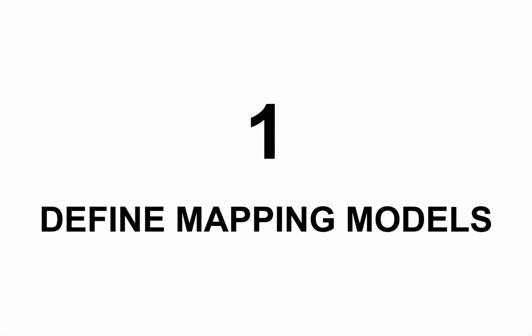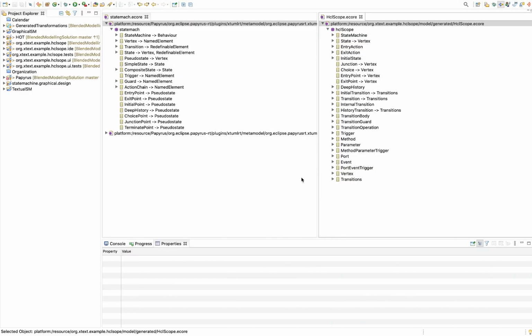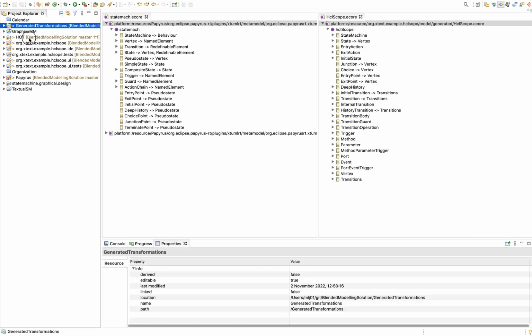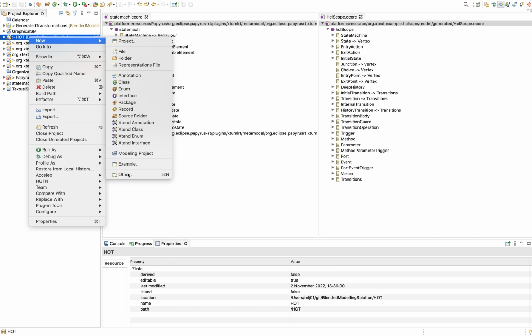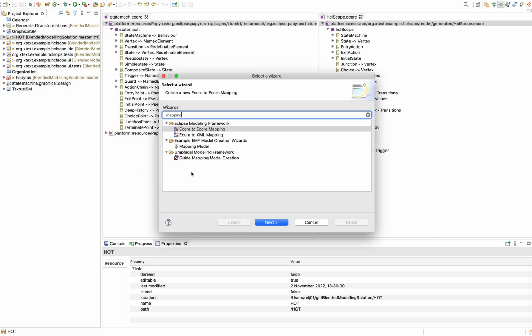Step 1. Define mapping models. The first thing that we need to do is to create mapping models so that we can define links between elements of these two meta models. So we continue to do so. We first define the mapping model,